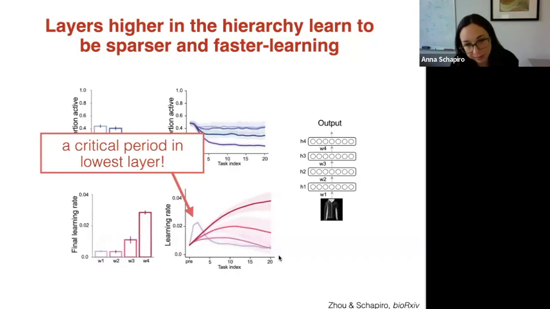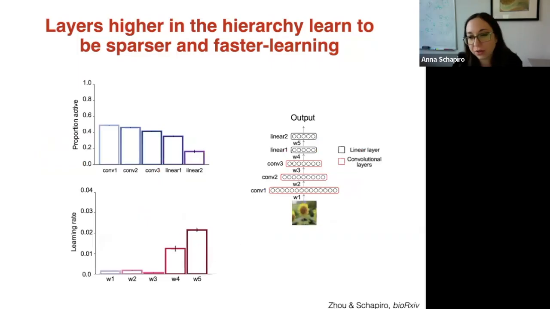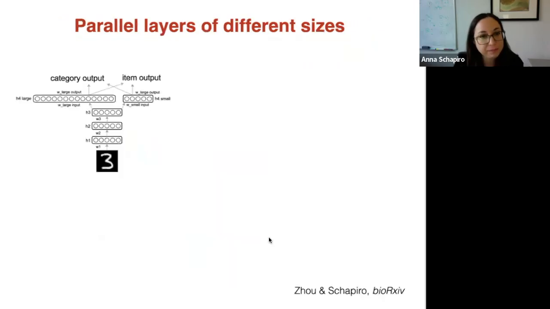So this is across the course of this optimization. Early on, you have the highest plasticity in the earliest layer, but that then stabilizes. So you figure out what you want to do with that first layer, and then you keep it stable as you continue to learn, and then you kind of increase the plasticity in the higher layers as you go. The same kind of pattern played out in convolutional networks, and also in fully connected networks of different depths, which I don't have here.